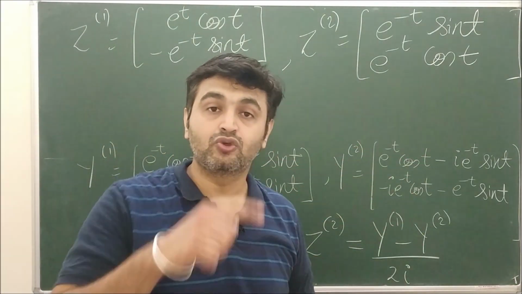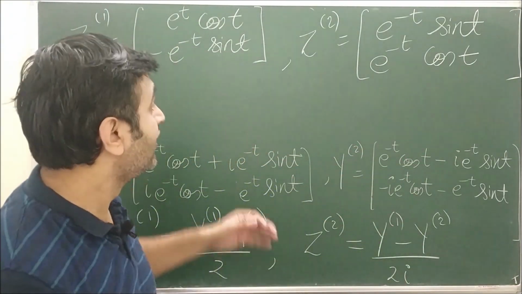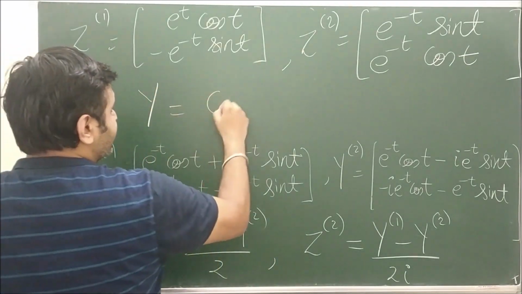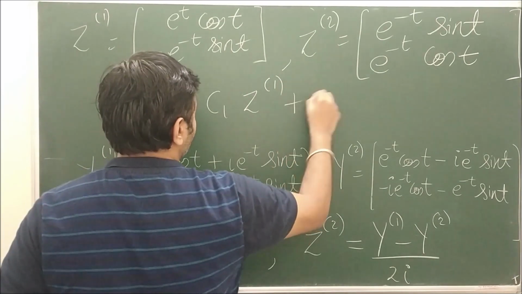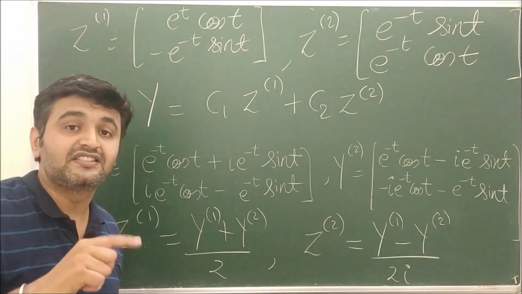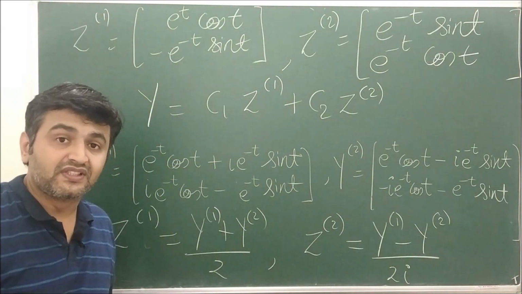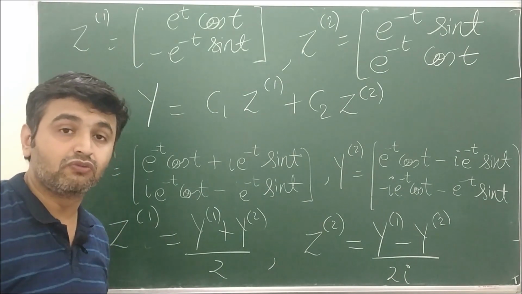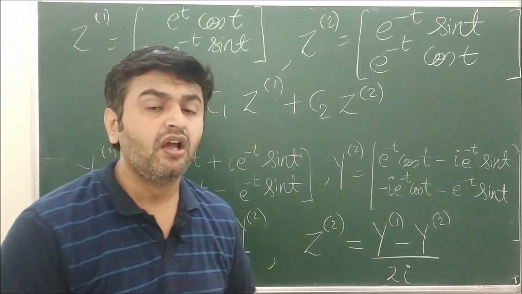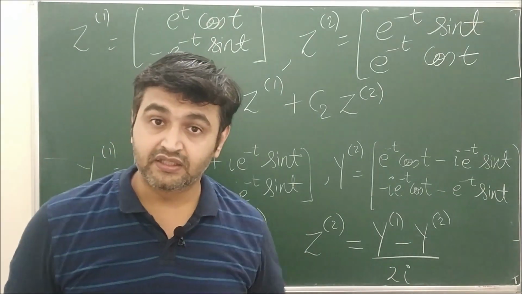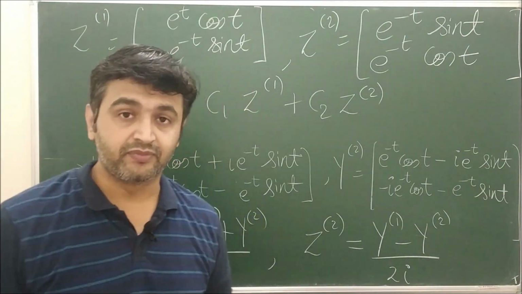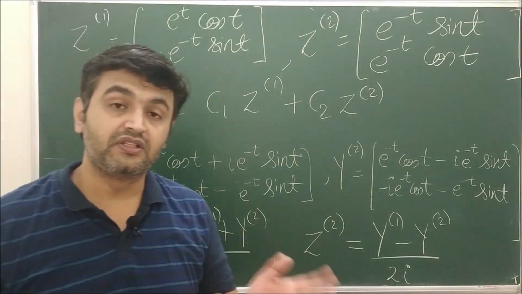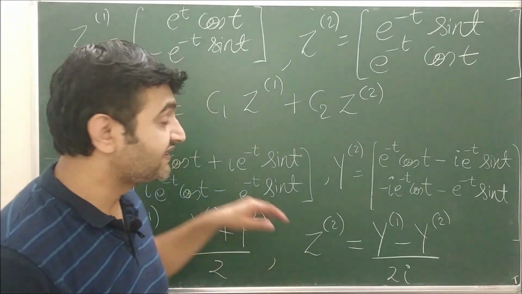So I have sine and the cosine curves. So I have the waves over here. And my general solution will be, my y will be nothing but c1 z1 plus c2 z2. That means you can express your small y1 and small y2 in terms of sine and cosine. And now you can sketch the curve and you can interpret the solution. You can tell me what is the amplitude, what is the frequency, what is the period, what is the phase shift angle, all those things you can extract from there. So that is the plus point of writing the solution in the real form and not in the complex form. So I hope this example is clear.